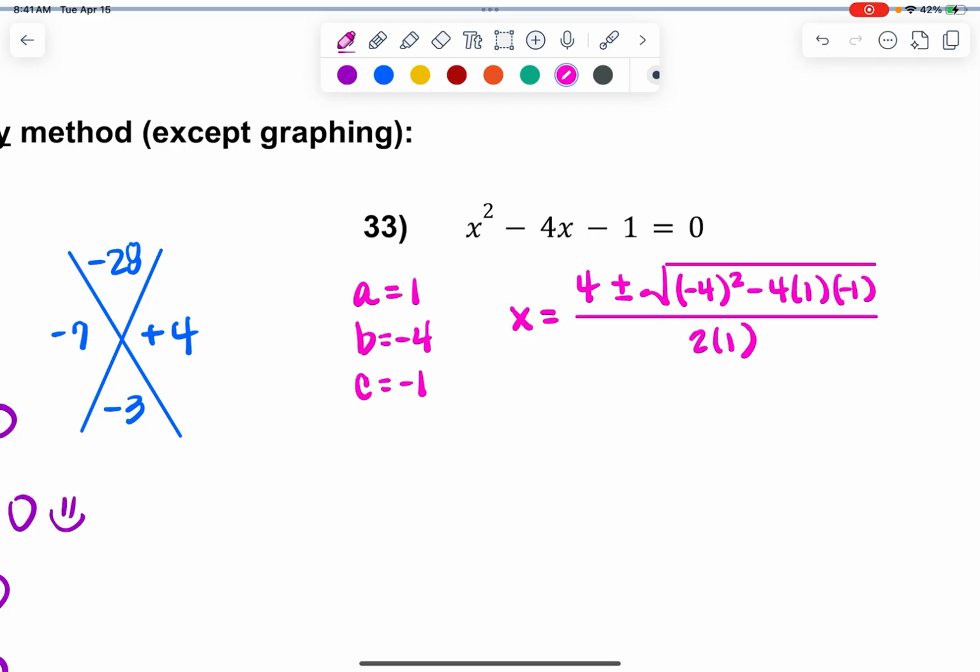So there's step 1. Step 2, I'm going to write my little template down. Right, and 2 times 1 is 2, so now I'm going to go to my calculator,